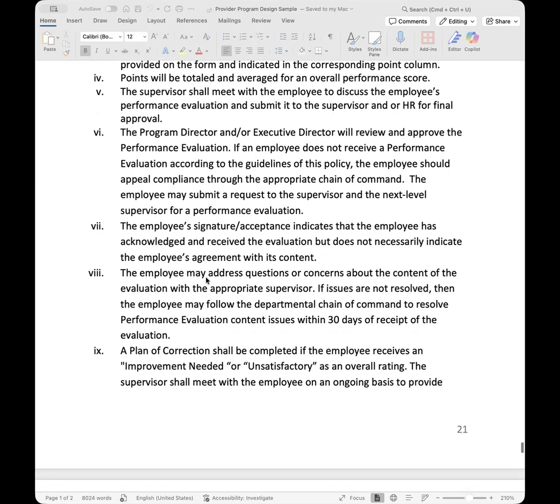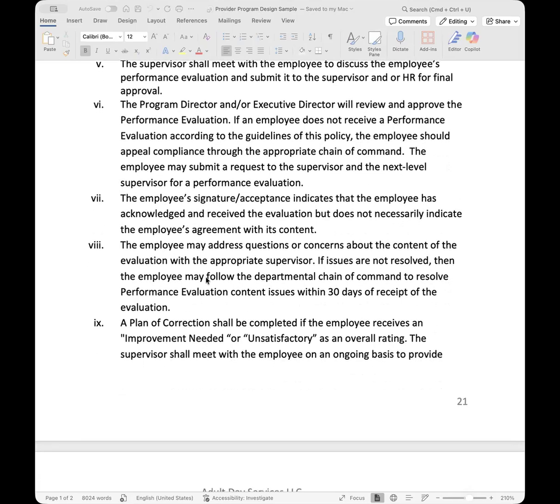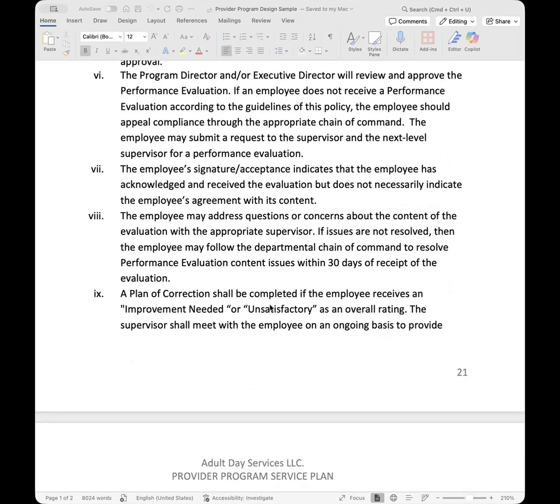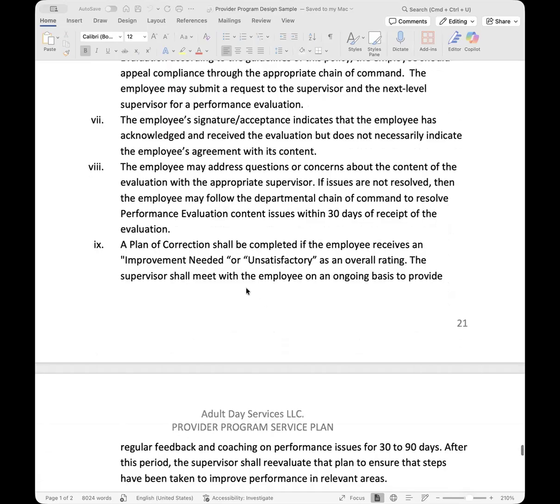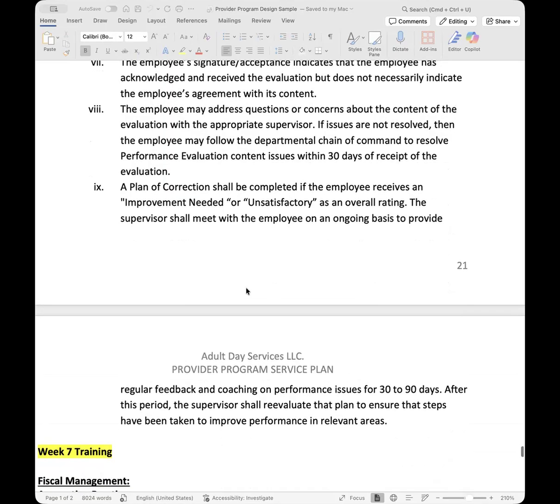If the employee falls below a certain standard and they need to be placed on a plan of correction, the scoring definitely should match that. And there definitely should be some check-ins within that plan of correction. Like what you've seen, what you expect to see in the future, what are some of the things they need to work on? There should be some regular check-ins when those plans of correction are developed, whether it be 30 days, 90 days, to reevaluate to see if the employee is doing better, getting worse, or if there's extra training or support required.